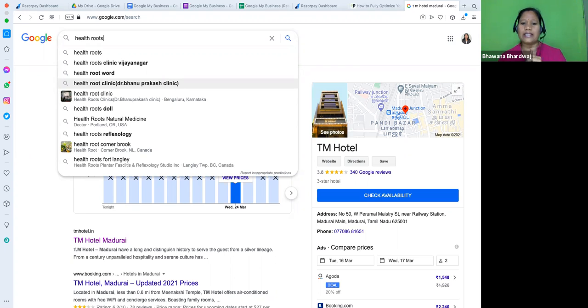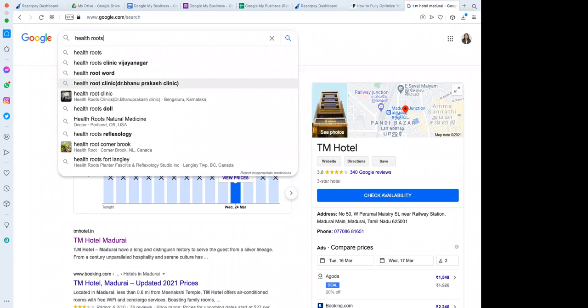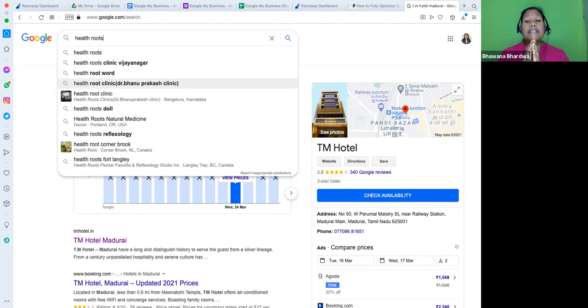Last one is Shivani, so let me ask Shivani, do you have a Google My Business presence? No, ma'am, I don't have. Ma'am, is this the same as Google Ads? Yes, you can get started with Google Ads, you can run your advertisement from the Google My Business dashboard, but it's not only advertisement. You create one presence, then you can promote it using Google Ads and manage your ads from the dashboard.